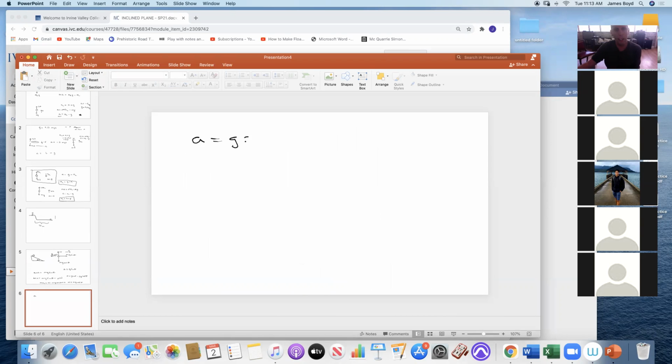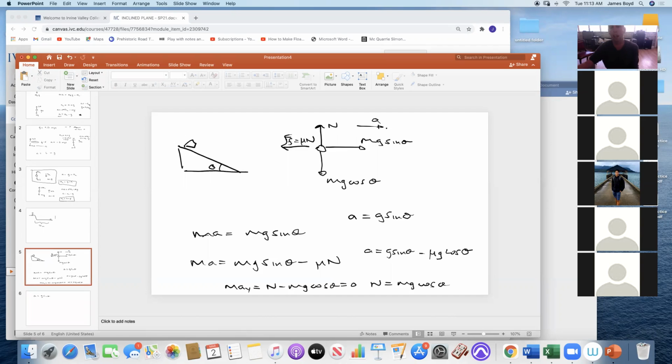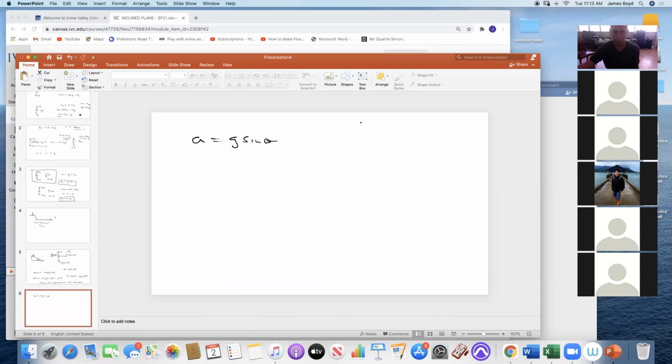a is g sin theta. We can use the small angle approximation, which, as long as theta is about 10 degrees or less, sin theta is approximately theta. And cos theta is approximately 1 minus theta squared over 2. We don't need the cos one, but you can check that on your calculator by putting in sin of 10 degrees. And what do you get? Well, sin of 10 degrees,